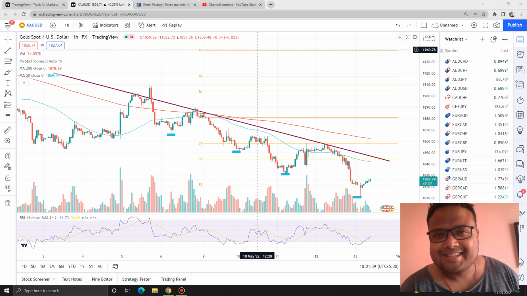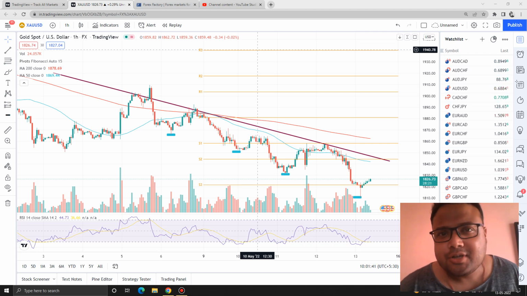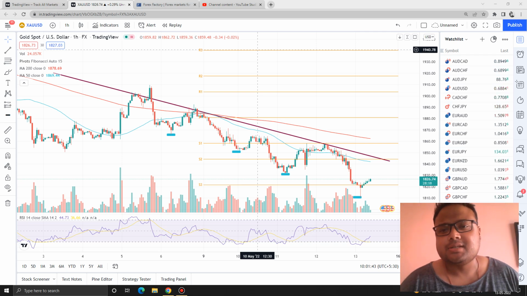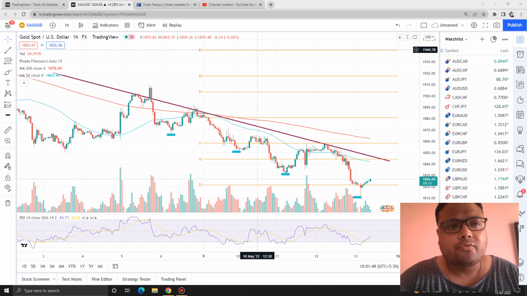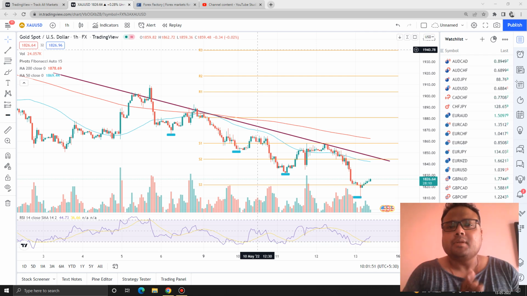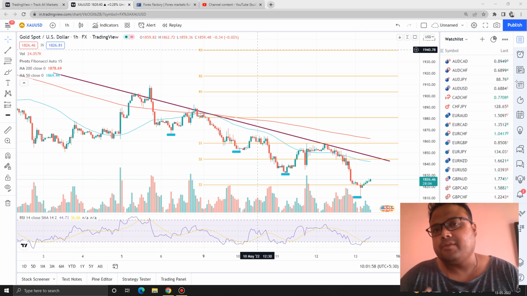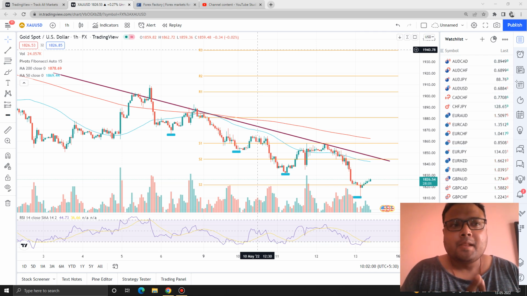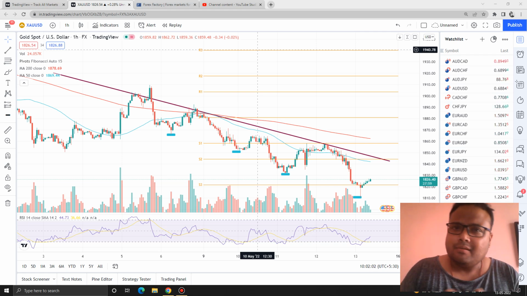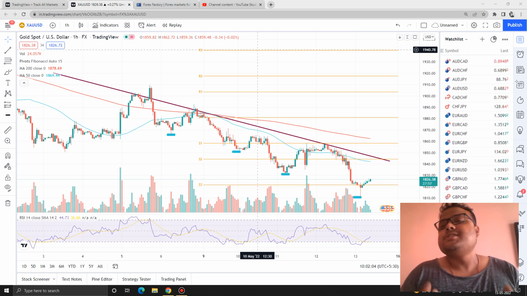So let's get started. This is the 1 hour chart of gold USD in front of us. And sadly, my dear friends, I do not have levels for today. I have been looking at the chart of gold for quite some time, and honestly speaking, no level is working very well right now. I have tried static support resistance, I have tried Fibonacci, I tried a few indicators also, but I could understand that this chart is not following any levels as of now.